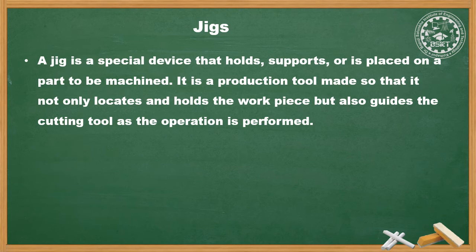The most common jigs are drill jigs and boring jigs. These tools are fundamentally the same. The difference lies in the size, type and the placement of the drill bushing. There are many types of jigs and each one is custom tailored to do a specific job. That is, the type of jig depends upon the job.